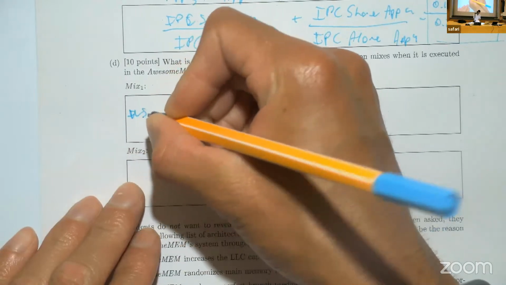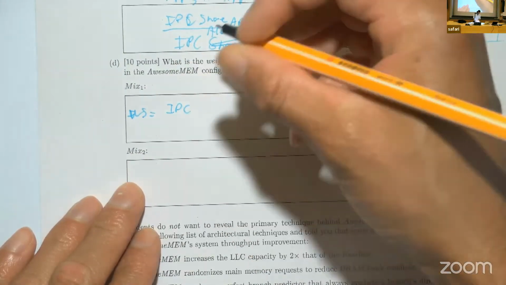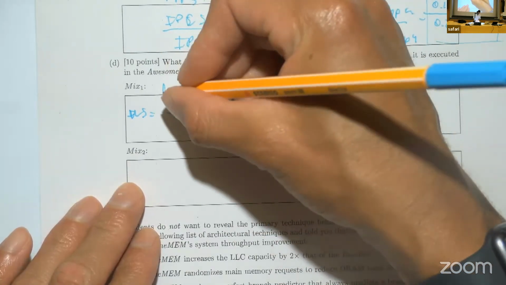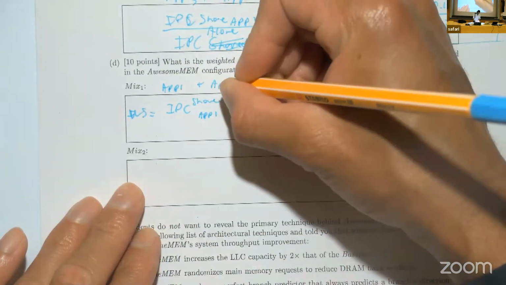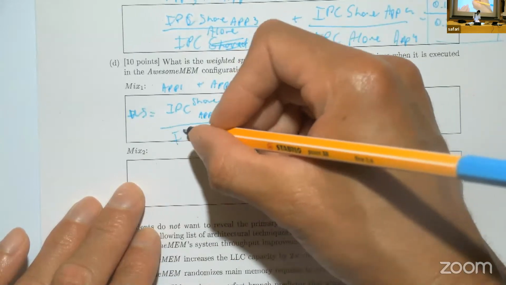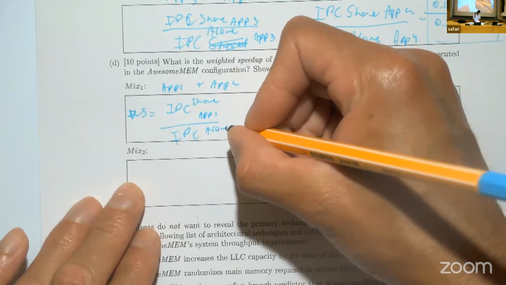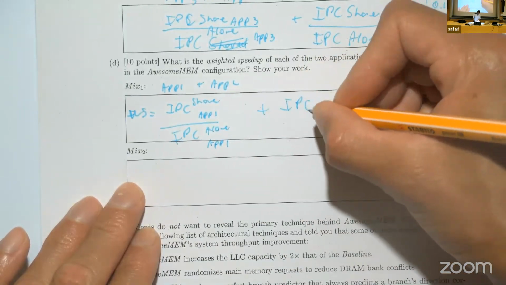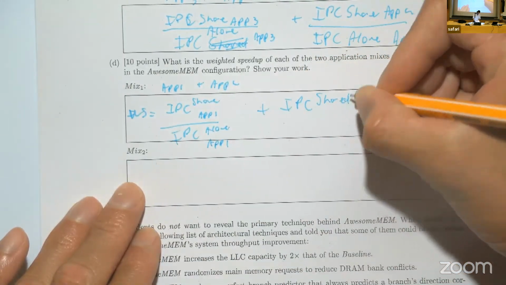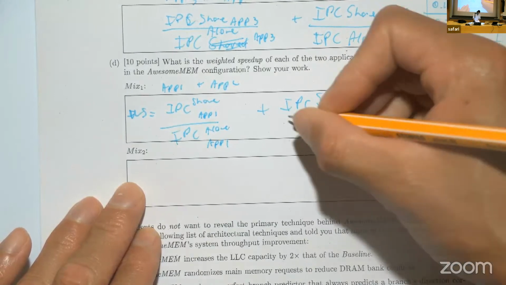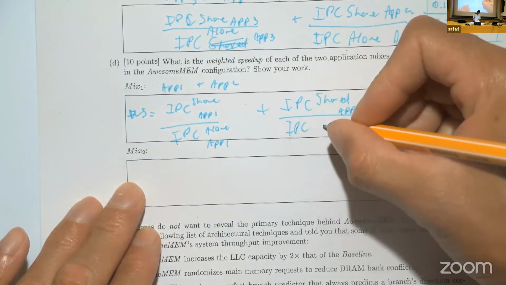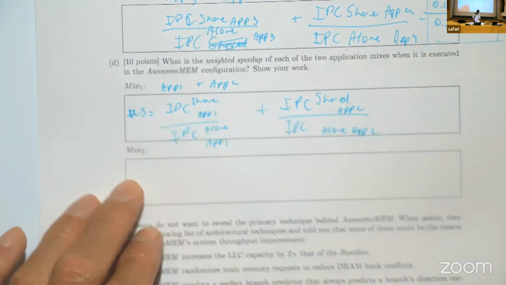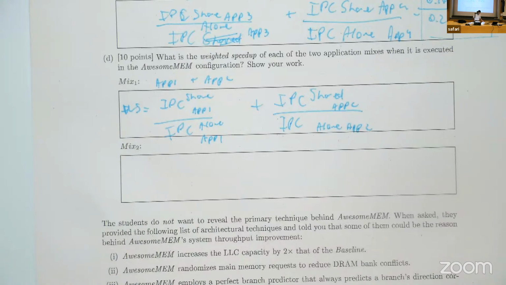Weighted speedup is IPC shared app1, where mix 1 is app1 and app2, divided by the IPC alone of app1, plus IPC shared app2 divided by IPC alone of app2. If you look at the previous questions,